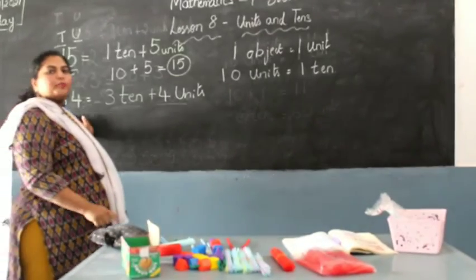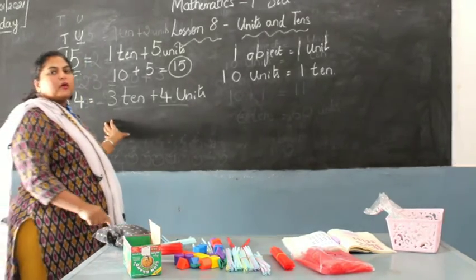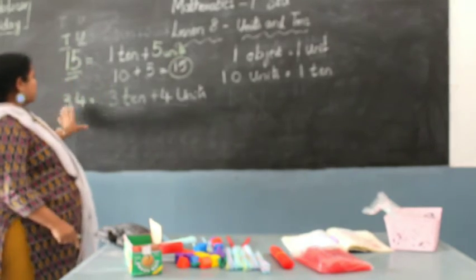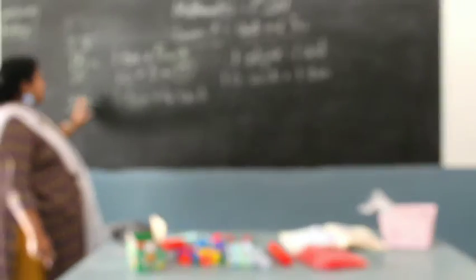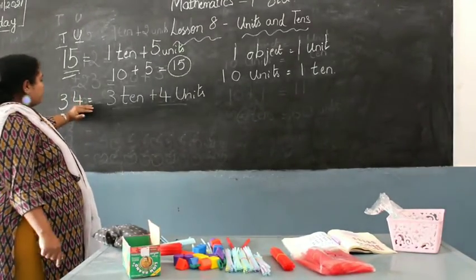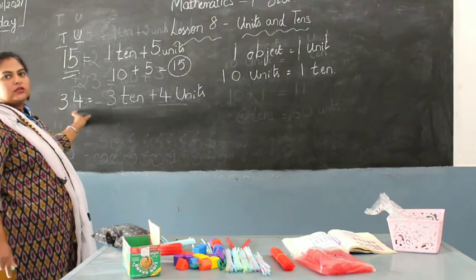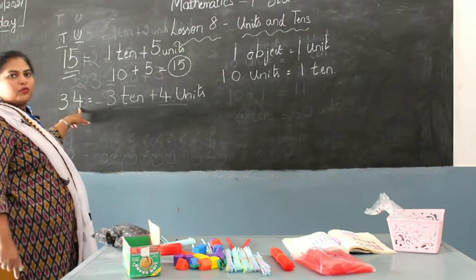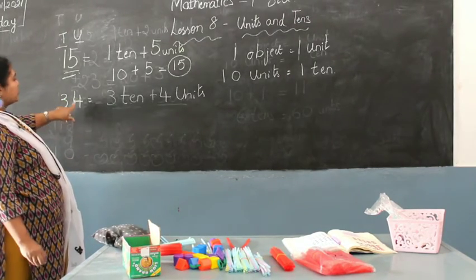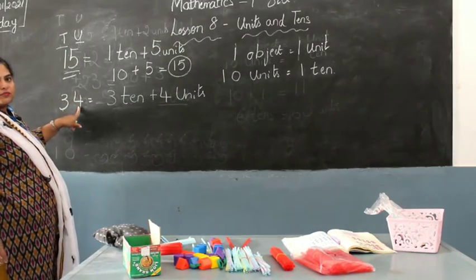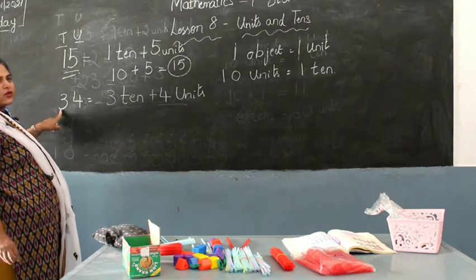Now children, this is called place value. Place value means where you put the number, where your number is placed. That's called place value. If I am giving you 34, in this 34, where is 3 and where is 4? So that is the place of 3 and place of 4. So place value is the relation of each number in relation to the whole number. So where the number is placed, that's the place value. If the number 4 is on the unit side, it's 4 units, 4 ones. If the number is on the tens side, it is 3 tens. You can't say units.